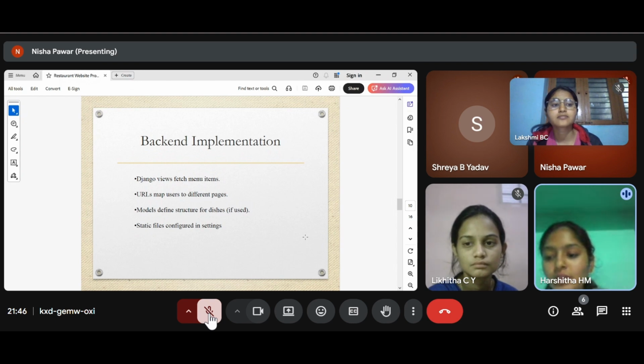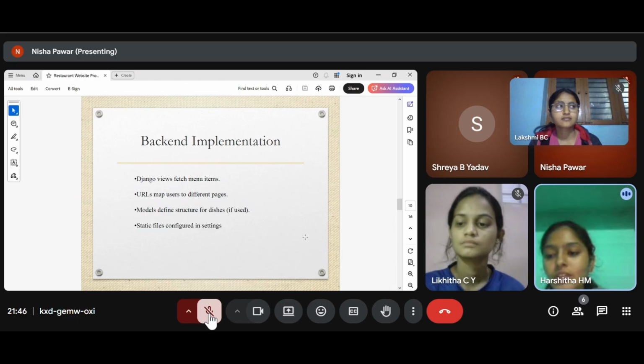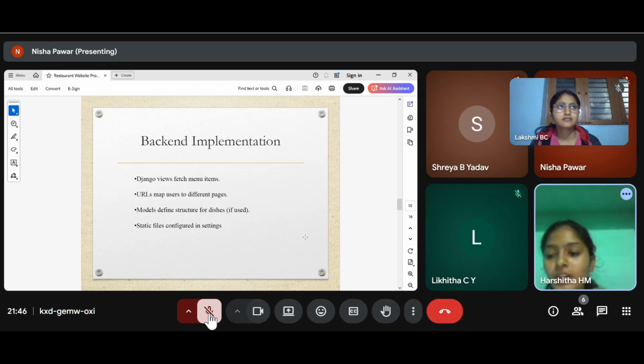Static files are configured in settings. The backend also knows where the static assets are stored. This makes sure images load properly on the website. We use the backend to connect your data with the templates to decide what users see. It organizes how pages behave. The backend of our project handles all the logic. It chooses what data to show, which page to open, and how menu items are fetched. It also manages static files so that images load correctly. Next slide will be continued by